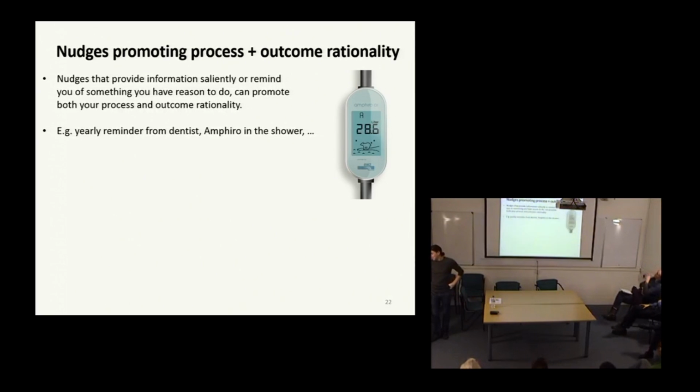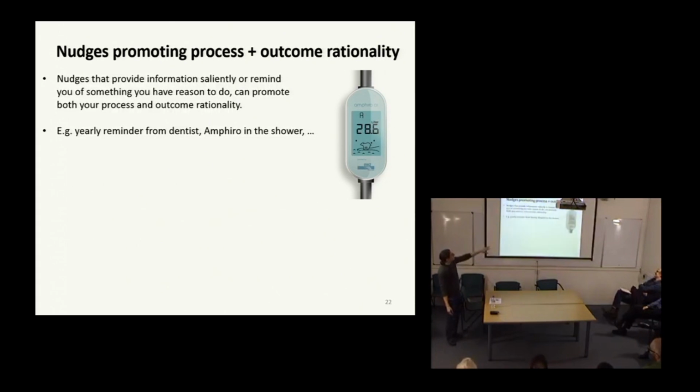Okay. Yeah. So, first of all, I would say nudges can actually promote not only outcome rationality but process rationality as well. Well, the nudges are, as I've mentioned before, presenting information in a salient way. This example is one where you put this in the shower and it presents the information about your usage of water, but it does so in a really salient way. The longer you shower, the smaller the ice becomes on which the polar bear is standing. So it's stepping into your emotions in a sense,